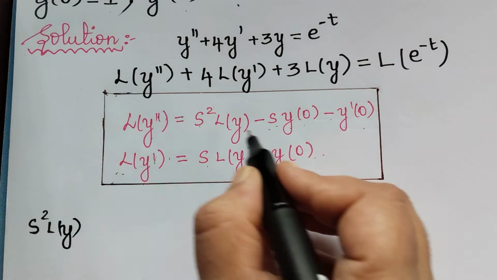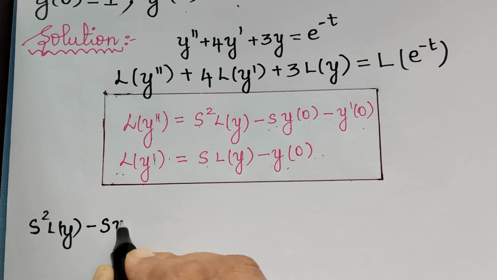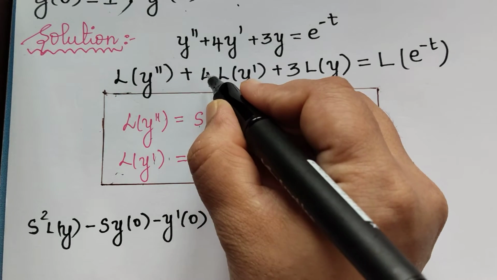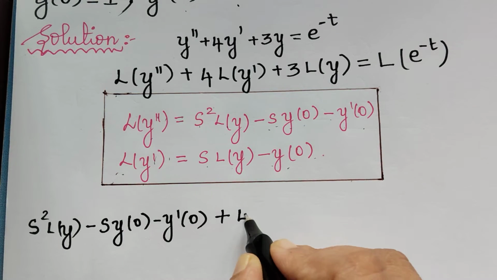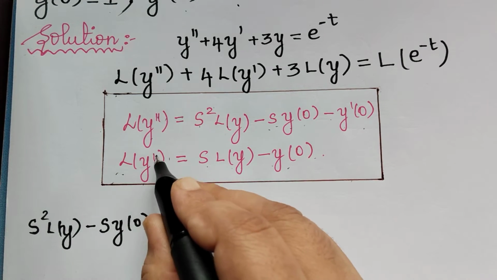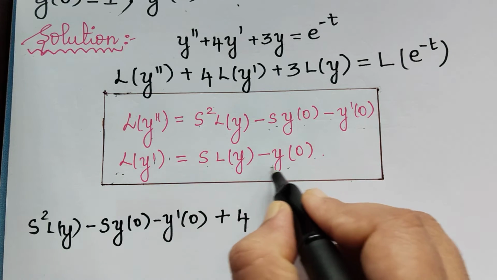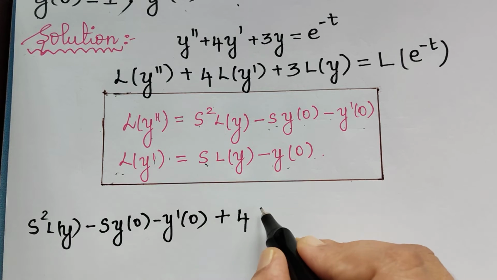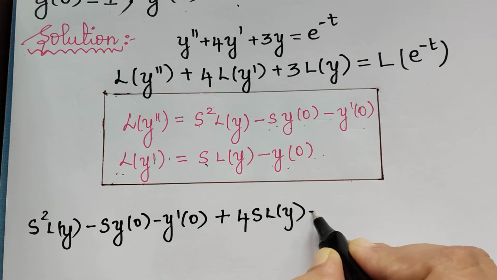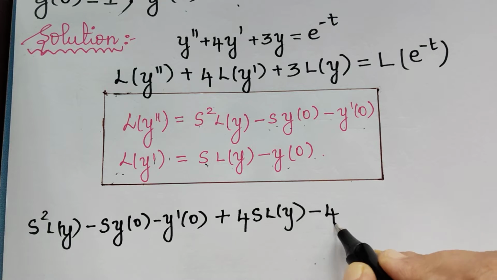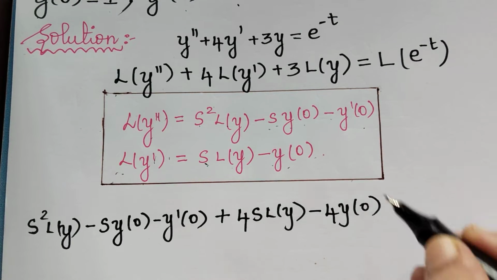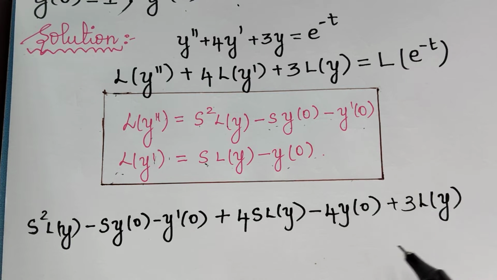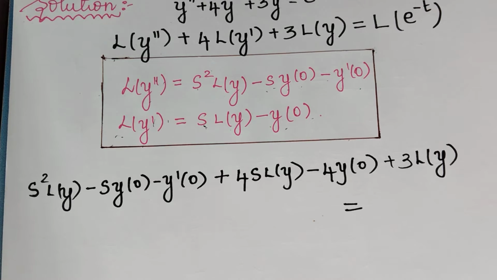that is for L of y double dash we are substituting this, minus s multiplied with y of 0 minus y dash of 0, and we have a constant 4 here, so plus 4 has to be multiplied with L of y dash. But what is L of y dash? This term. So let us multiply 4 with this and we shall write, so 4 multiplied with s L of y minus, here also we have to multiply 4, so 4 multiplied with y of 0, and then we have plus 3 multiplied with L of y is equal to, on the right we have L of e to the